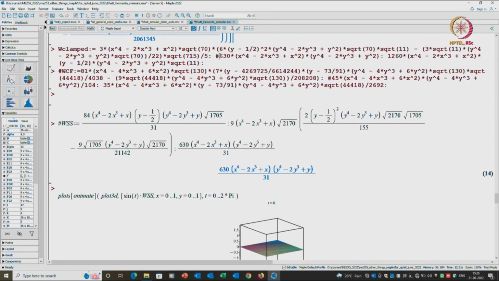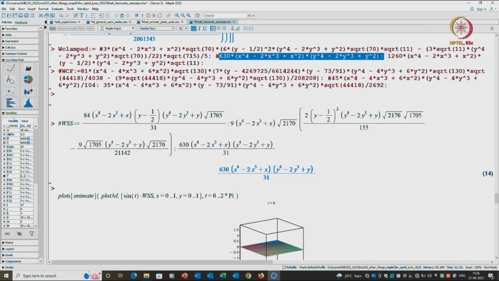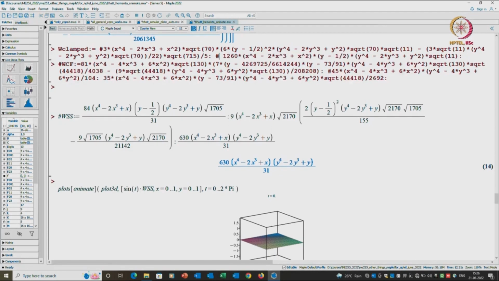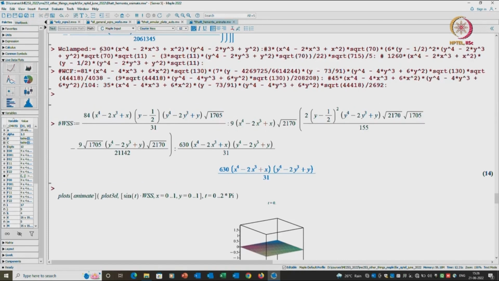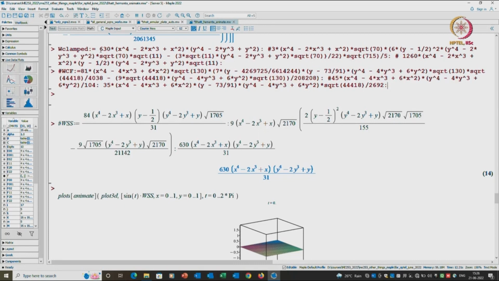Let us do the simplest term first. So let me comment this here and do the simple term. If I run it,